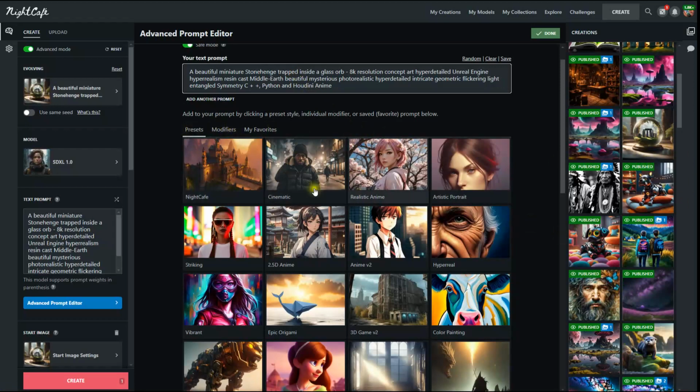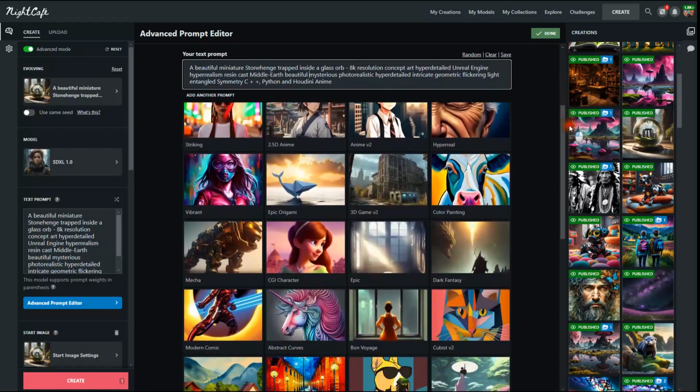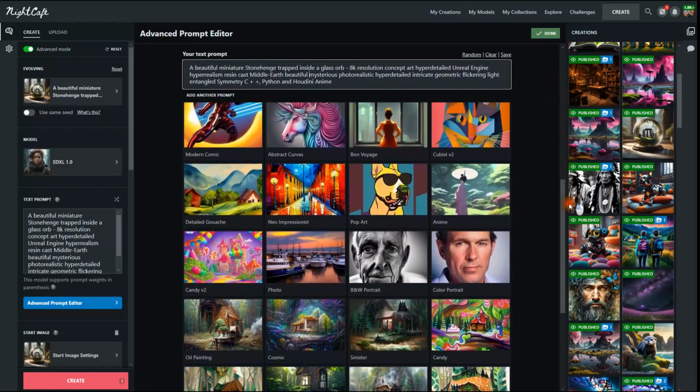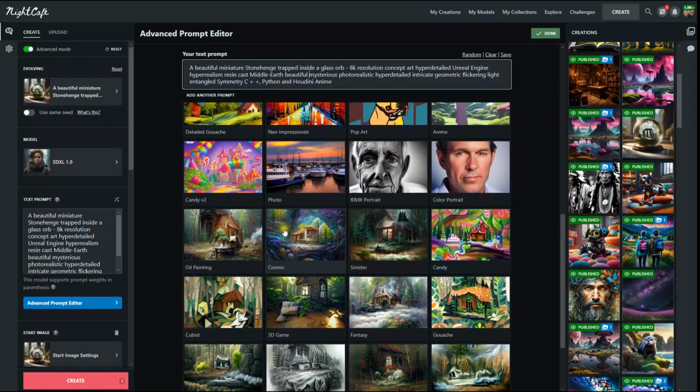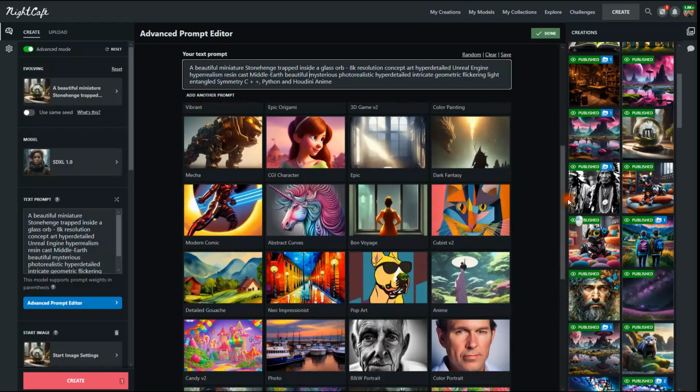On the presets, if there was a style that you wanted to really emphasize, like if I wanted to have a cosmic style like this one, or an oil painting style, then I can click on that and it will add words such as oil painting, or cosmic style, into your text prompt.